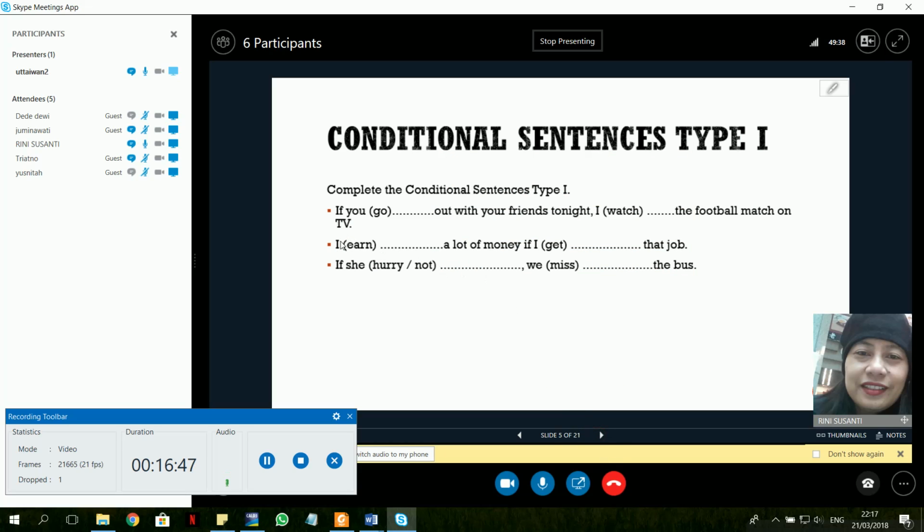It should be, there is if in the second sentence. So the first one is I will earn a lot of money if I get that job. That's the truth. In the future, I will earn a lot of money if I get that job. That should be the right answer. Thank you for trying. Okay, next number 3. Anyone want to try?